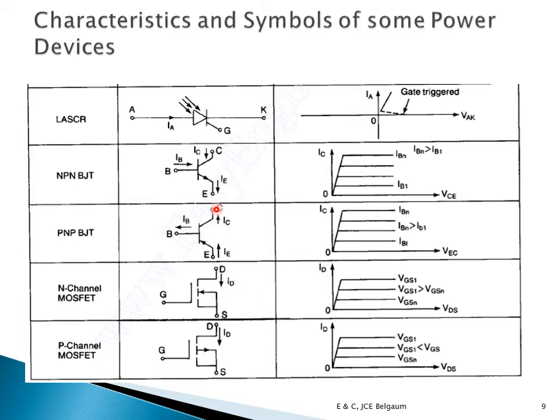But both are unidirectional in carrying current. Either it will carry like this or this way, depending upon NPN or PNP. But remember one thing, both are going to be used as a switch only. You can use this or you can use this, anyone, depending on how you are going to connect this transistor to your load that you are going to switch on and off.